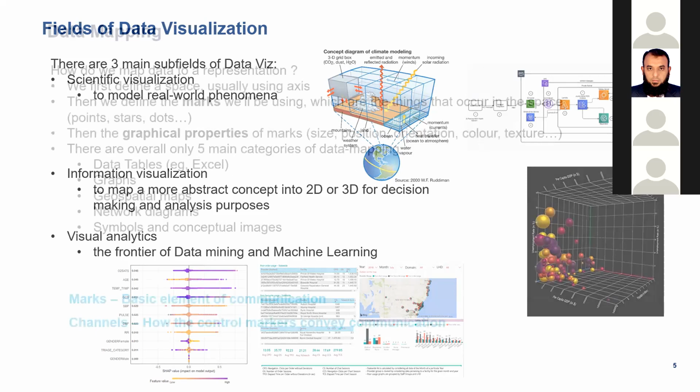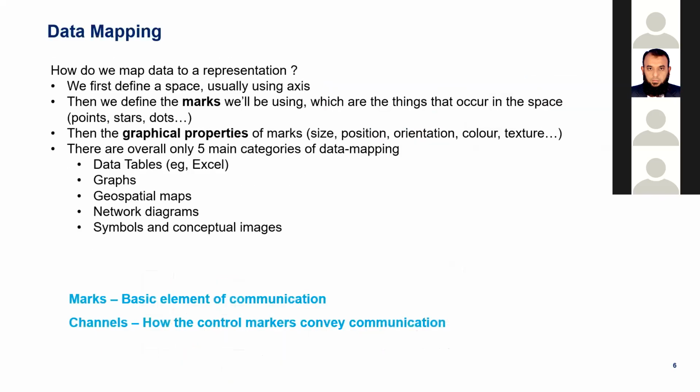আর then data mapping এর জন্য there are two main concepts, there are two main things, which is marks and channels. Okay, what is mark and channel, I will explain it, but there are 5 main categories to map data. Data ke first when we want to do any visualizations, first we have to define a space. Okay, আমাদের axis কয়টা, x axis, y axis, z axis, so axis এবং কোন axis এ কি যাবে, অর্থাৎ আমাদের